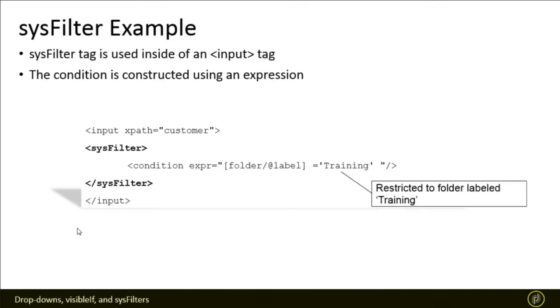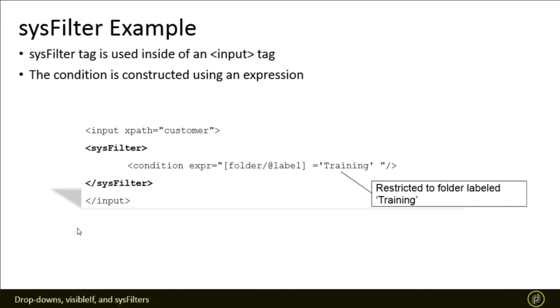A system filter example might look something like this. The system filter tag is used inside of an input tag, and you see that the normal input tag that we have here, where I have input XPath as customer, that gives us a text field where we can enter in the customer. But because I've broken out the simple input tag into a compound tag, and I can insert the system filter conditions inside of the input tag, that means that the input field is restricted by the system